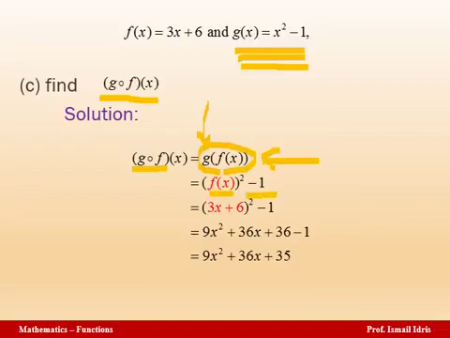Now you use the formula for f of x. I know that f of x equals 3x plus 6. So I will put here 3x plus 6. You expand this, you multiply 3x plus 6 times itself, then subtract minus 1 and summarize it to get